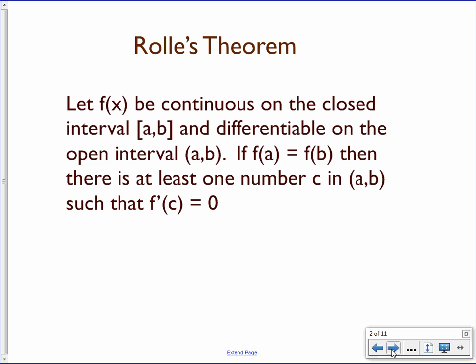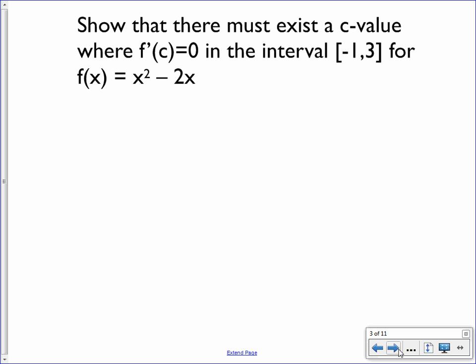Okay, somebody who doesn't know calculus, would they be able to put up with this? Yes. If they knew about derivatives, then yeah. So if you know anything about derivatives and what they mean, then some of you may think this is common sense. So what you're telling me is it should be an easy concept for you. Okay, so show that there must exist a c value where the derivative is 0